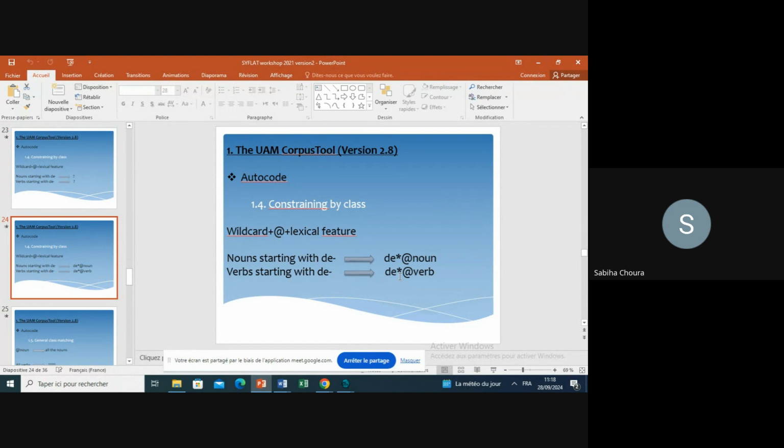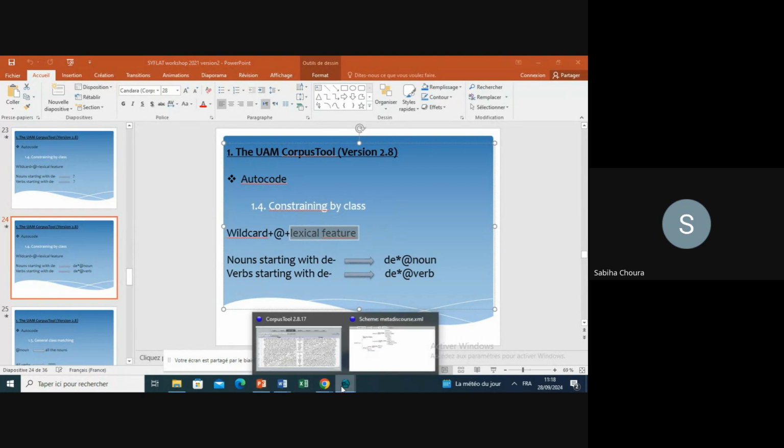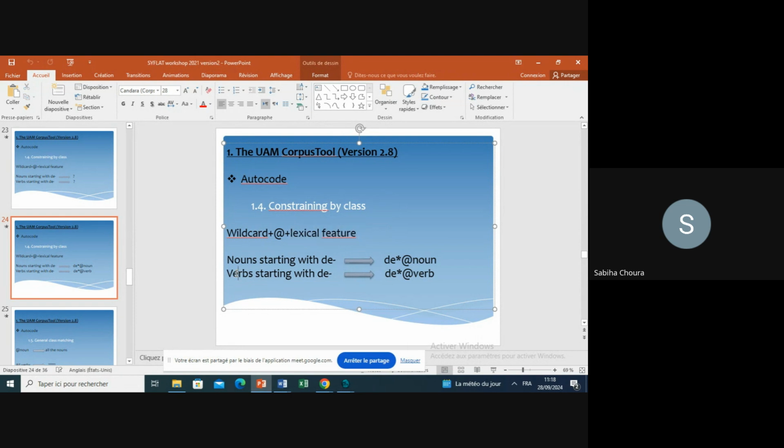As you may have noticed, the difference between this step 4 and the previous one is that here we can further identify the grammatical class, whether it's a noun, verb, adjective, or preposition. We can further limit the search through identifying the lexical feature. So basically here, we can have some kind of lexical analysis and focus only on verbs starting with D,